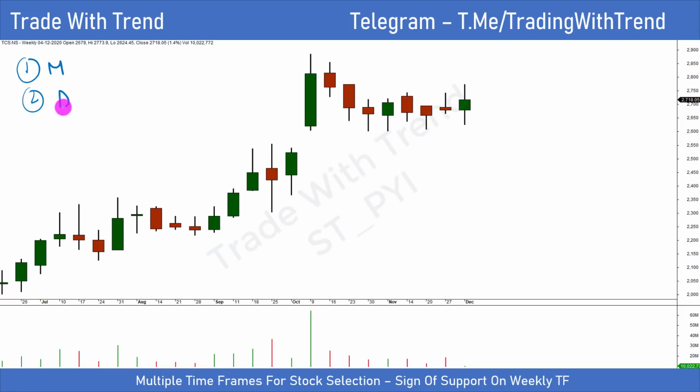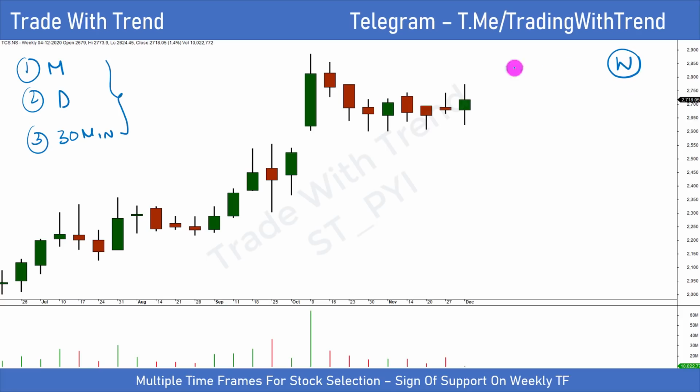This is monthly time frame, then daily time frame, and then we look at 30-minute time frame to fine tune entry and exit and conduct further price volume analysis. Now, a lot of you asked me why we cannot look at something like weekly time frame chart. Yes, you certainly can do,